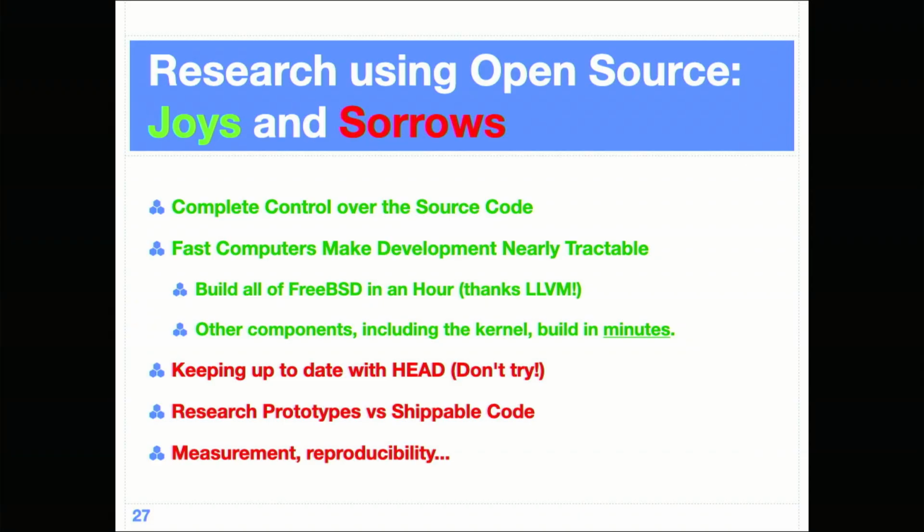There's this challenge of research prototypes versus shippable code. One of the things that academia, or actually that ACM and other publishers have been pushing on academia, which makes me super excited, is to force people to share their artifacts, right? So in science, you can't just say, I made a thing. Like Lawrence, who made the cyclotron, didn't just say, I made a cyclotron. He made one, and then he extracted uranium.